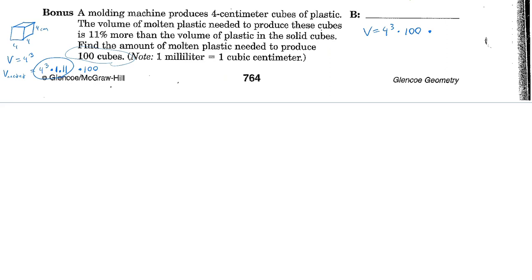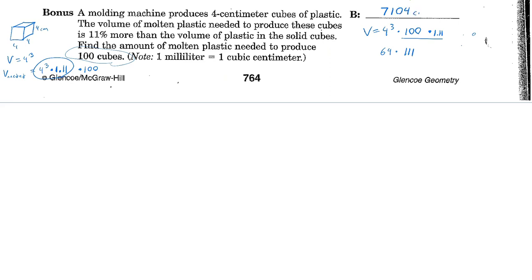So the easiest way is to go times 11%, which is 0.11, and then we add it to the original, but that's 1 whole plus 0.11, so that's the same as multiplying by 1.11, okay? That's the shortcut version. So 100 times that is 111 times, and this is 64, so 64 times 111 is 7,104